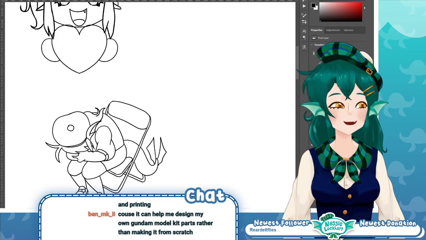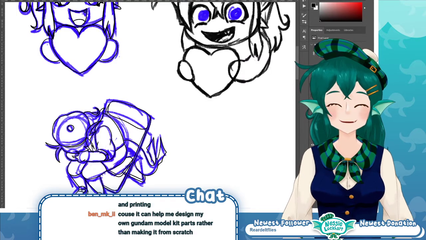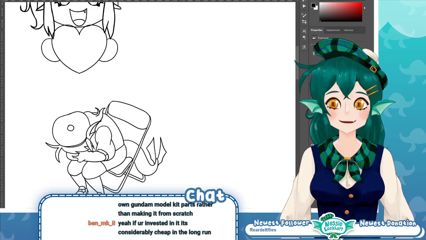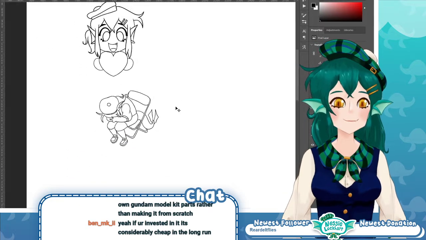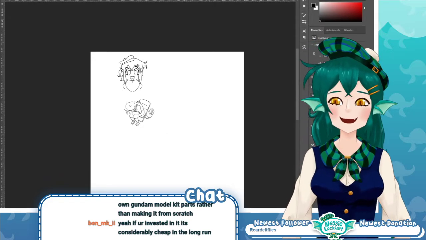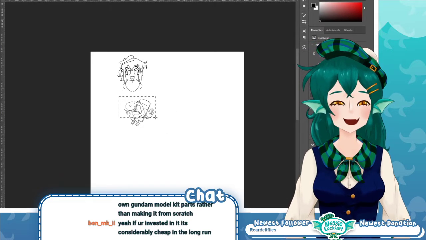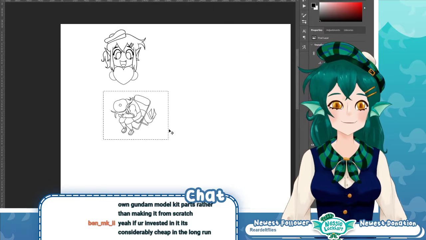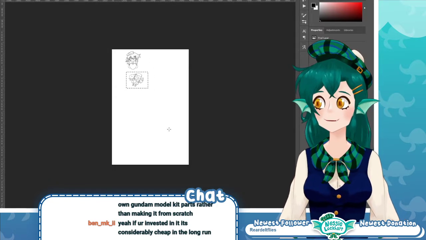Okay, something's wrong with this chair. It's fine. So emote-wise, I'm not so sure, because the emote would be really tiny.